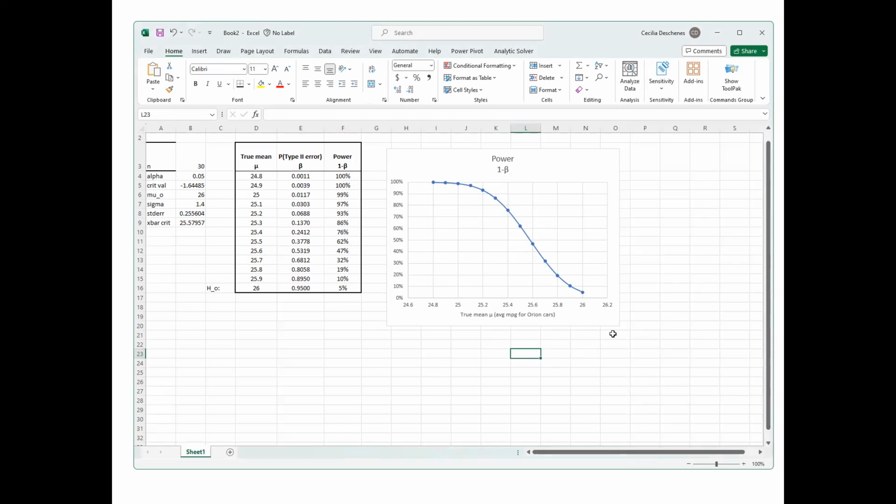Okay, so that's our power curve for a sample size of 30 and an alpha of 5%, when the null hypothesis is that the mean is greater than or equal to 26. So how do you read this? Well, you'd say if the true mean is like 25.4, you have around 75% power. 76 actually, if you hover over it. Power to reject the null,